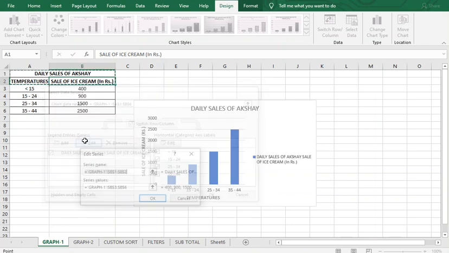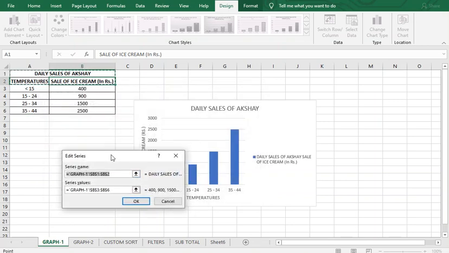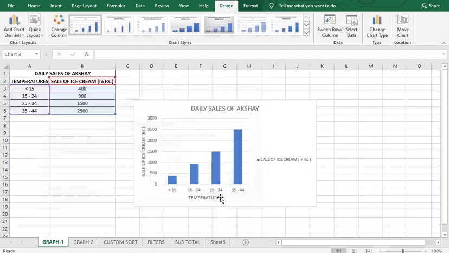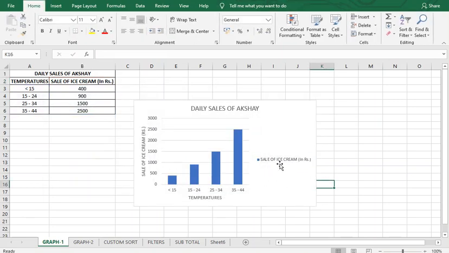Click on edit, and select the appropriate cell where you want this name to appear. It has already changed the series name over here. Click OK. Now let's see if it has made any changes. Now you can see it has changed the name of the legend. Okay, now it is what you wanted it to be. So this is our graph, and this is specifically called a bar graph.